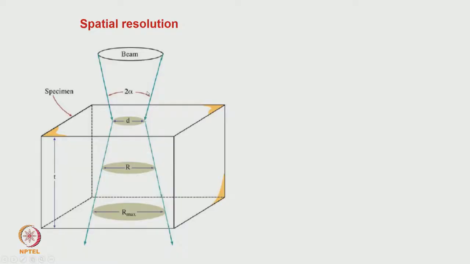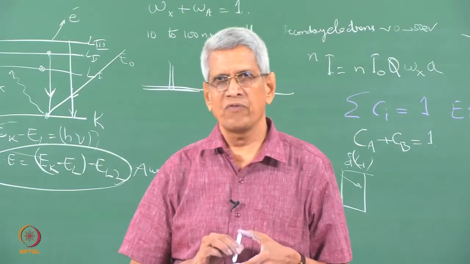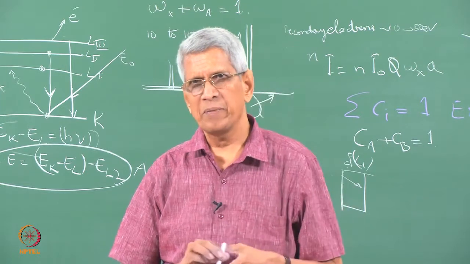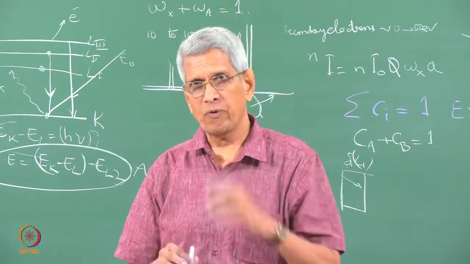So as I mentioned, to get more spatial resolution, since the beam spreads, if the sample is thin, the spread of the beam will be reduced considerably, so that the beam size is the same as the spatial resolution. Then the depth resolution is very important in the case of SEM as well as EPMA. What is the depth from which the signal is coming? That depends upon the primary beam energy as well as the escape depth of the X-ray which is being produced, from what thickness.